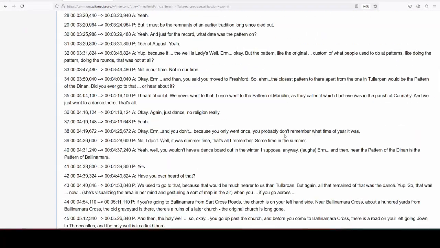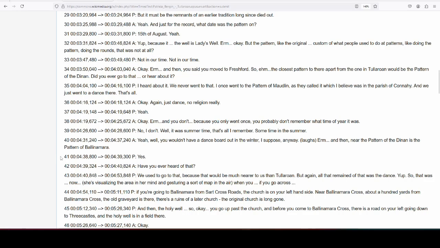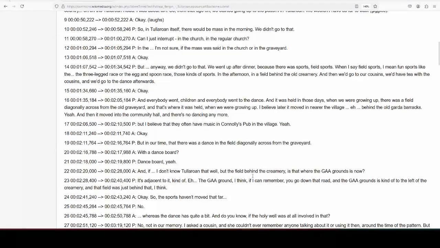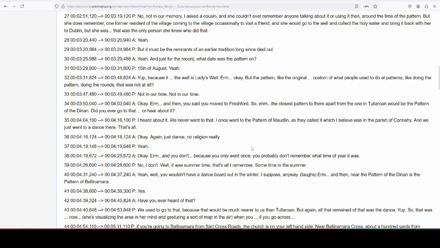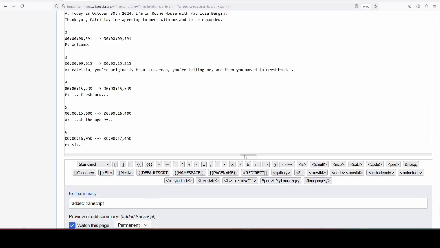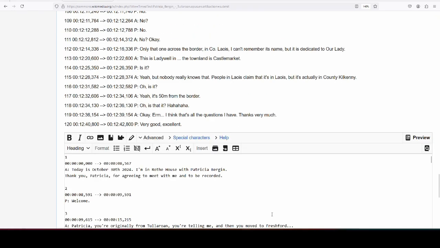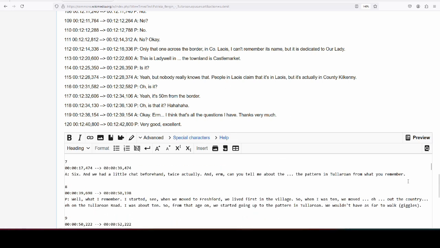It's not the easiest to read now, but if you just skip over the timestamps, which you as a person don't really need, it looks okay. I did run the spell check in the end several times, so it should all be there, hopefully. And then I can save that